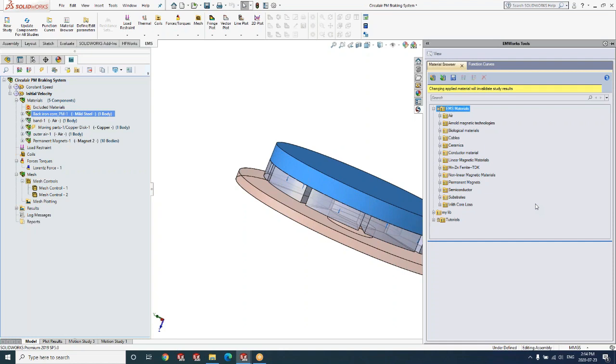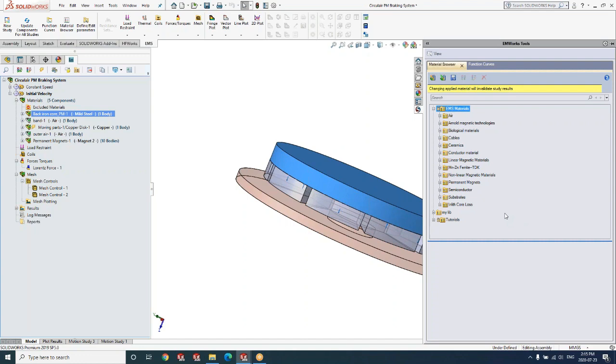The EMS product comes with a natural inbuilt database of numerous materials. Basically, they are organized into various categories, and most of the materials that are used by electrical and magnetic engineers are available in the EMS material library.